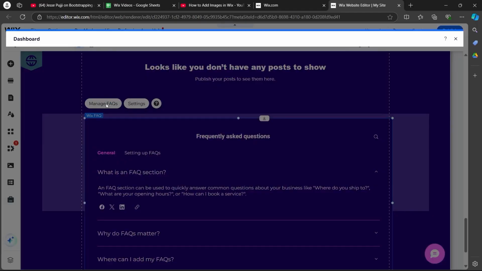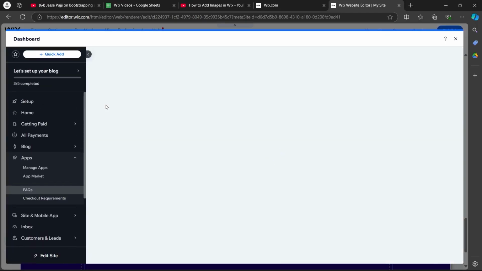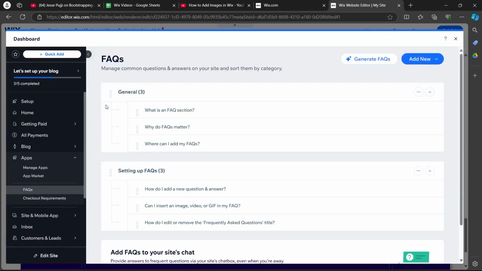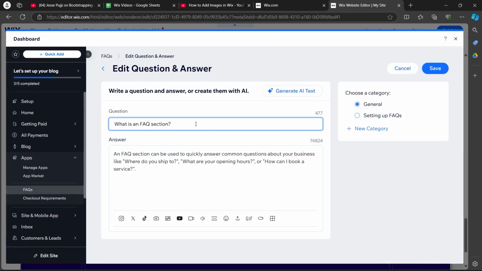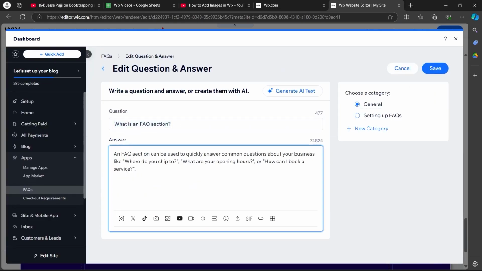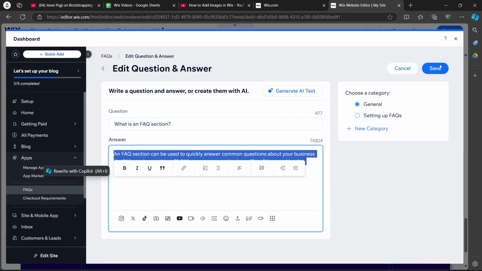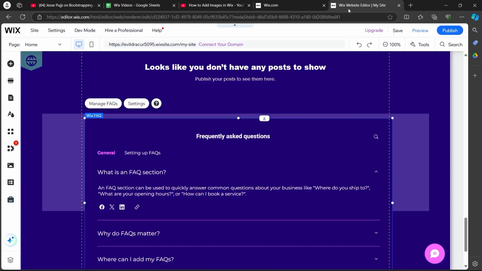Now you can click on manage FAQs and edit these FAQs anyhow you want by clicking on the edit button, adding a new question, then adding another answer to the question and clicking on save. So that's how you can add FAQ on